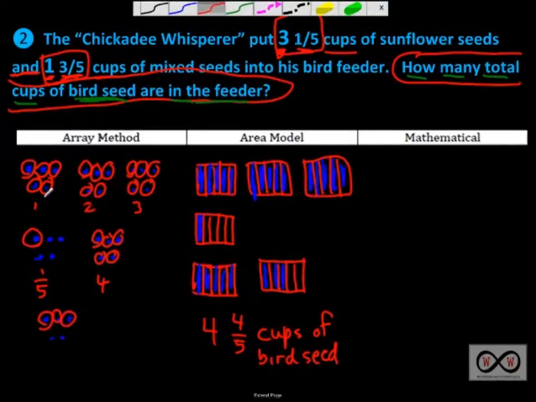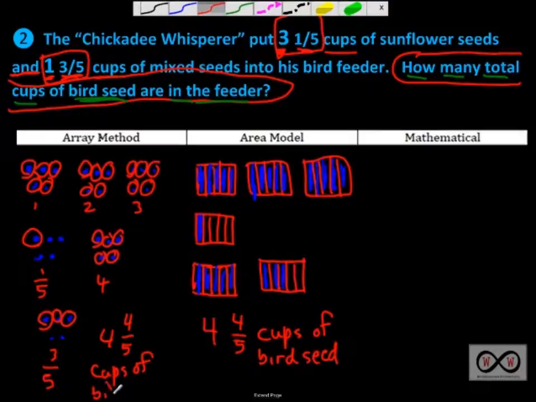And now if we count them all up, we've got 1, 2, 3, 4 whole cups of sunflower seeds and mixed bird seed all mixed together in that feeder. So 4 cups plus 1/5 and then another 3/5 down here, totaling 1, 2, 3, 4/5. So we've got 4 4/5. We got the same answer. That's a good sign when you're checking your work. And there we go, cups. Put a label down there, cups of